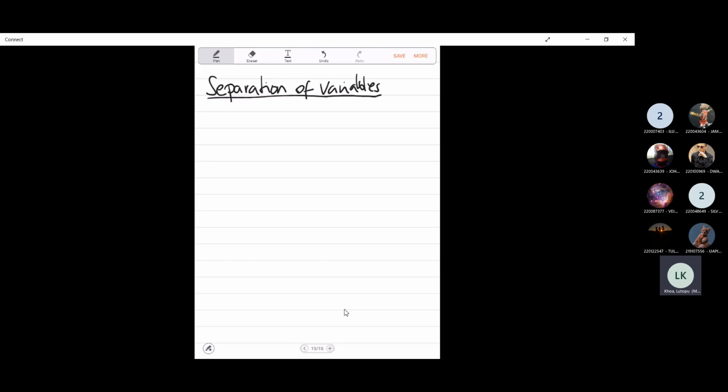And separation of variables, we can use it when we have first order differential equations of the form dy dx is equal to f of x y,